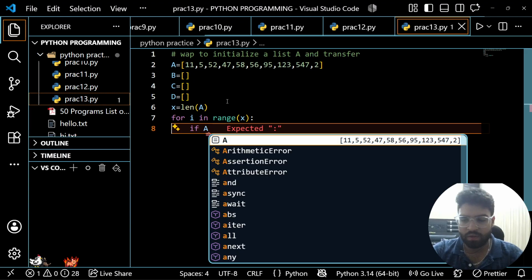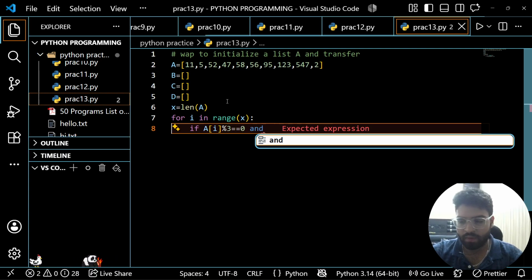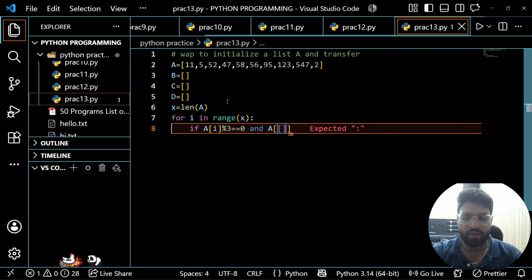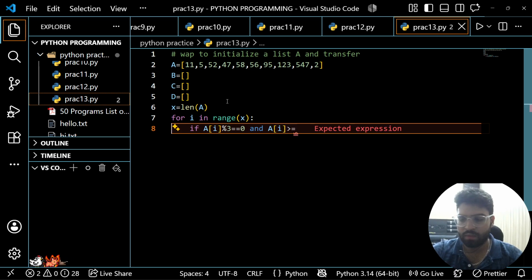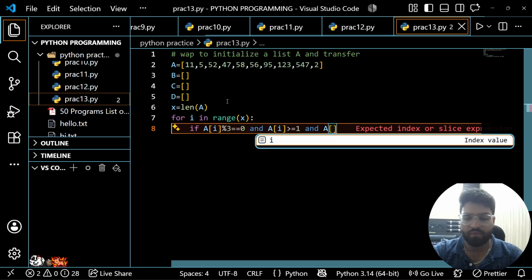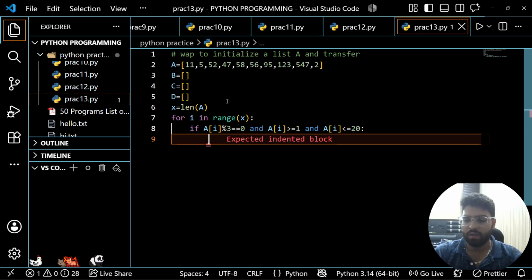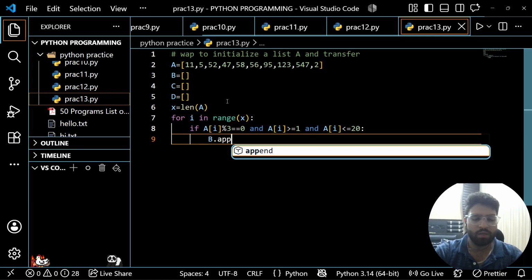if A of i modulus 3 equal to 0 and A of i greater than equal to 1 and A of i less than equal to 20. Okay, so now we have B dot append